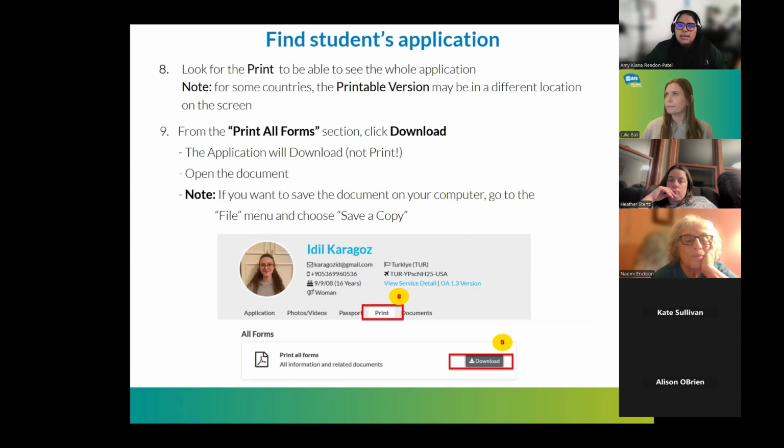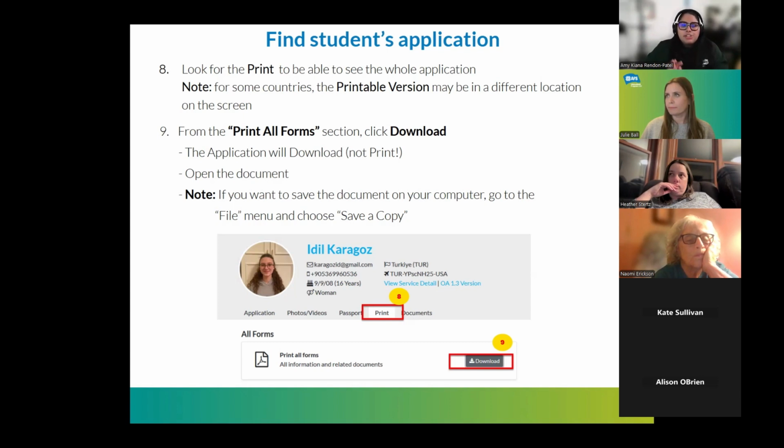I did want to share that there are two versions of the application. We have the application that I just showed you right now, and then we have another version, which is the Palm application. These are recently new. I want to say this application was created in the last 4 to 5 years. So for this one, it's a little different on how to find the student application. Here, when you click on view application, as in the other one, the application will pop up a little differently. Here on the top, as you can see, you will click on print instead of going to printable version.